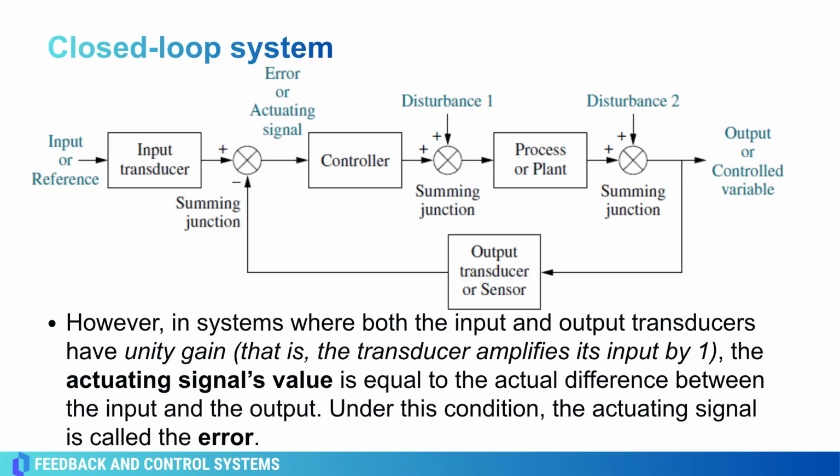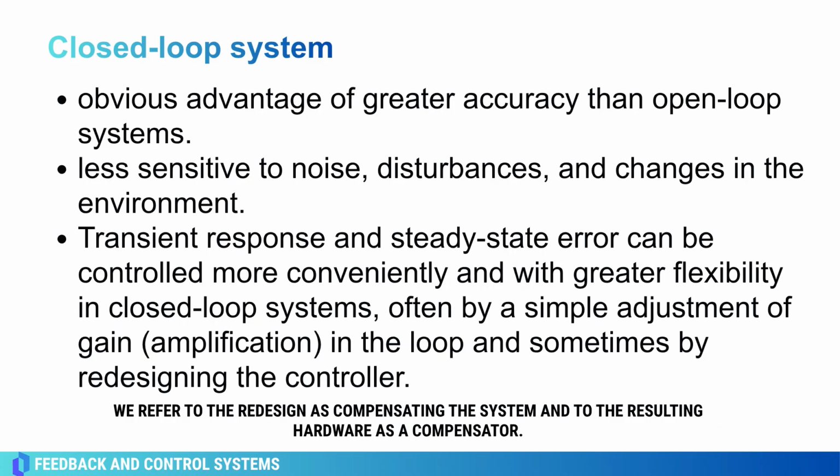So this closed-loop system compensates for disturbances by measuring the output response, feeding back the measurement through a feedback path, and comparing the response to the input at the summing junction. If there is any difference between the two responses, the system drives the plant via the actuating signal to make a correction. If there is no difference, the system does not drive the plant since the plant's response is already the desired response. So the closed-loop system has an obvious advantage of greater accuracy than the open-loop system.